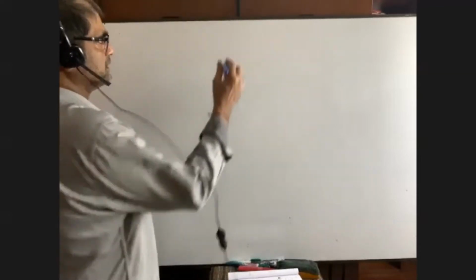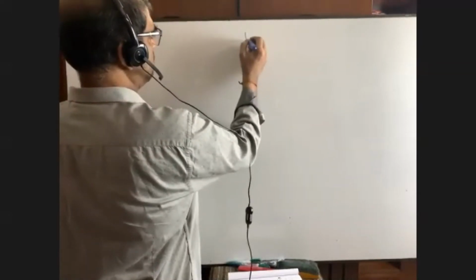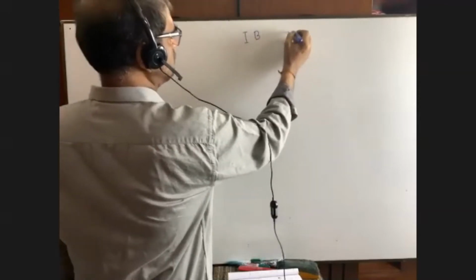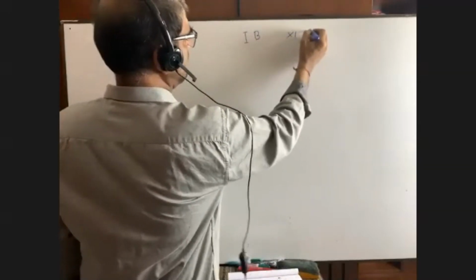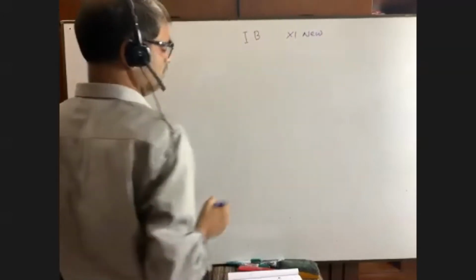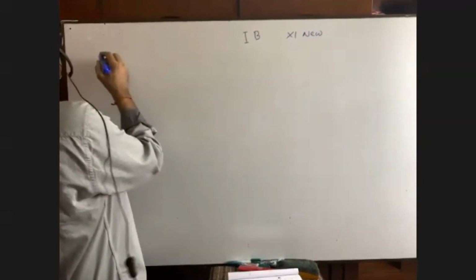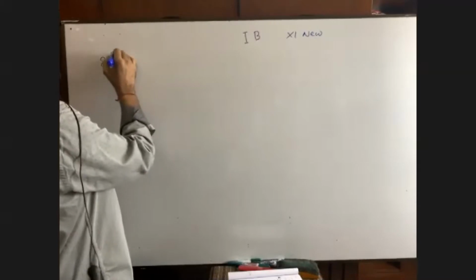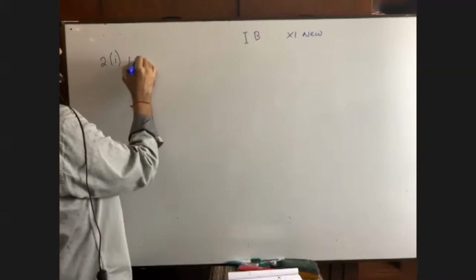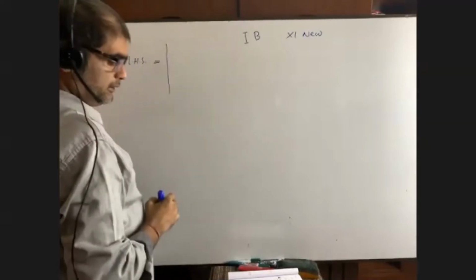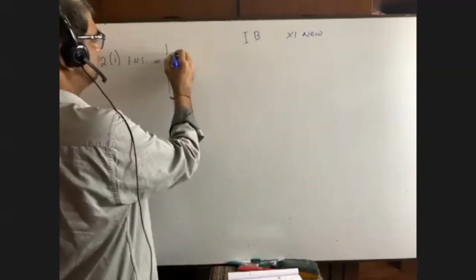Pay 100% attention. The most important math from this exercise. See question number 1. The left hand side is equal to the determinant with rows 1, 1, 1. Very easy and simple math.